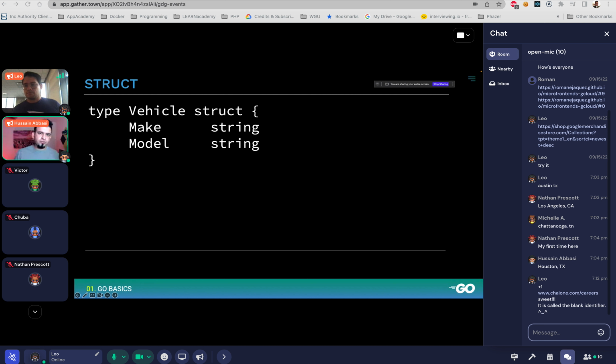So Go doesn't have inheritance, the concept of inheritance, right? Because it's a composition model. What does that mean? So anytime you want to create an object, it's actually a type in Go. We can just use it like: type, name of the type, struct, and then just structure it.